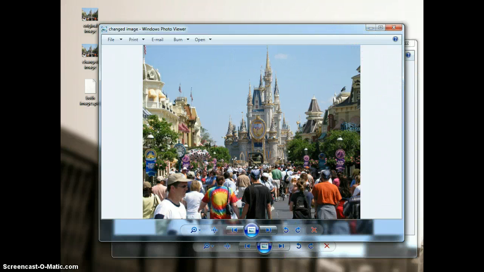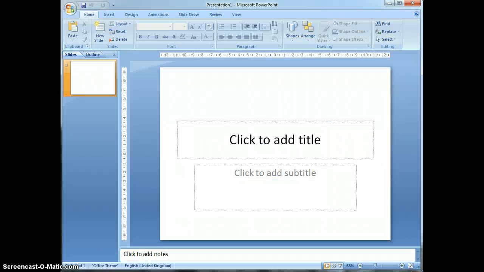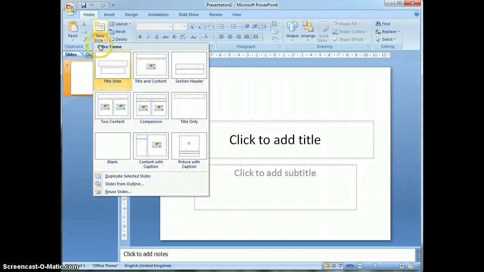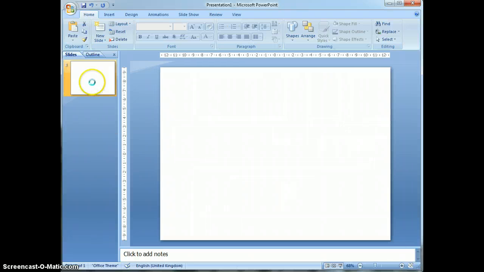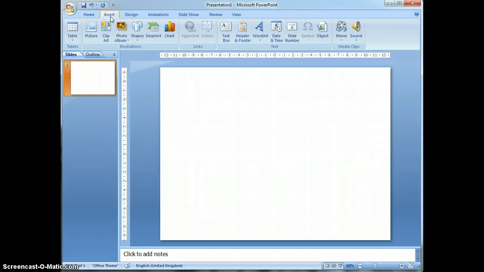So now I have both of these images on my computer. What I'm going to do is open up Microsoft PowerPoint and put both of these images onto one slide. So I'm going to insert a new slide, and I'm just going to insert a blank one. And then I'm going to go back to this one here and delete it. So you can see that all I've got is a blank slide in my PowerPoint presentation. I'm then going to go to the Insert tab, insert a picture,